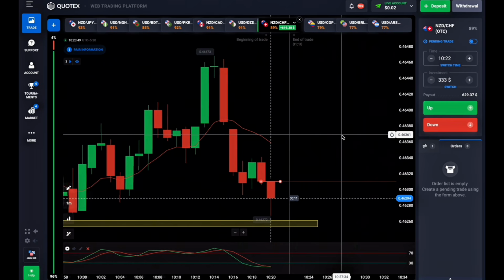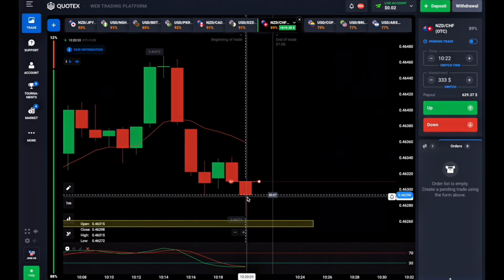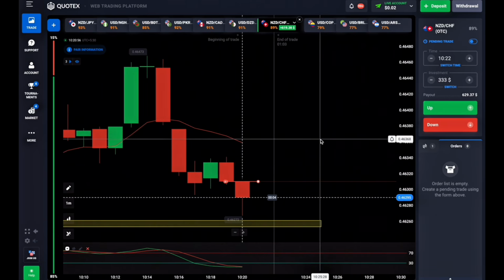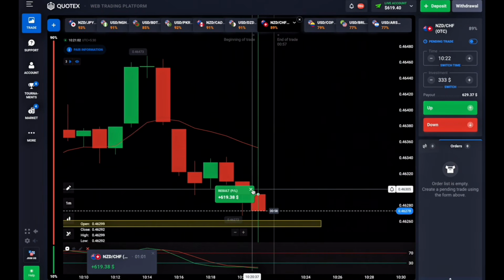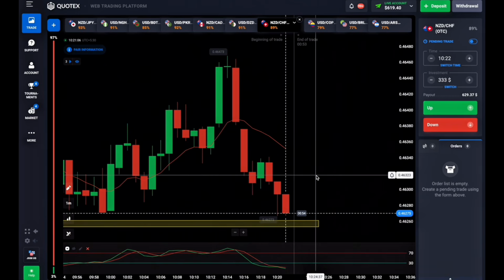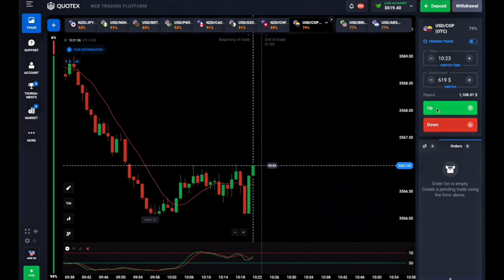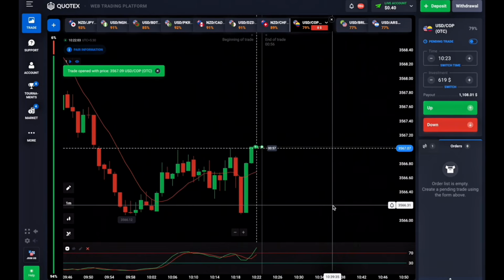I will be increasing my stake, and I will look for a high probability trade setup for my fifth step compounding. You see, we are getting a reaction from this candle. The next candle is also going to be a red one, but I'm not going to risk it, because I don't want any mistake in my compounding challenge. I will be looking for a high probability trade setup, and right now here I'm going for a call entry